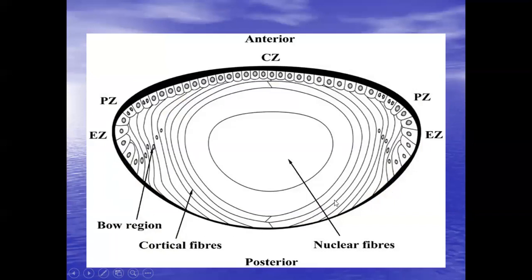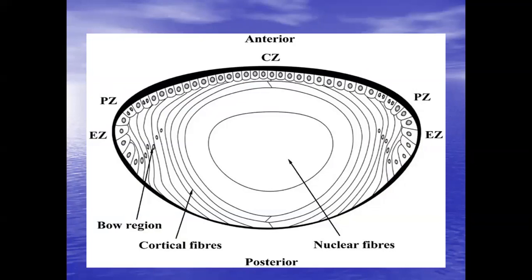This is again a cut section of a lens, which is showing you the histological parts of the lens. Now, which one should be the anterior surface? This should be the anterior surface, because this is less convex and this is more convex. This is the most posterior surface of the lens. On both sides, it is convex. That is why we call it biconvex.